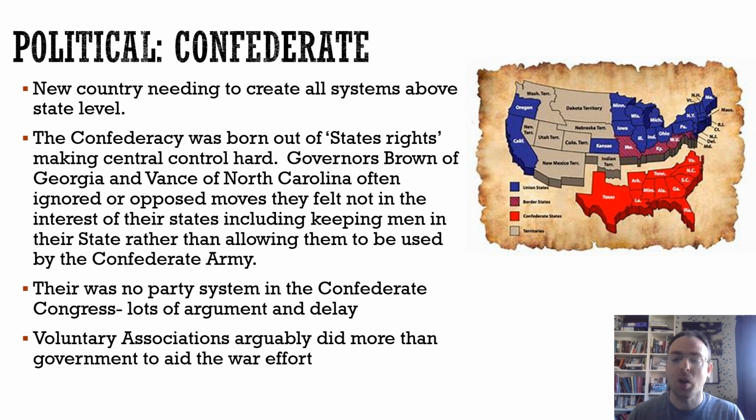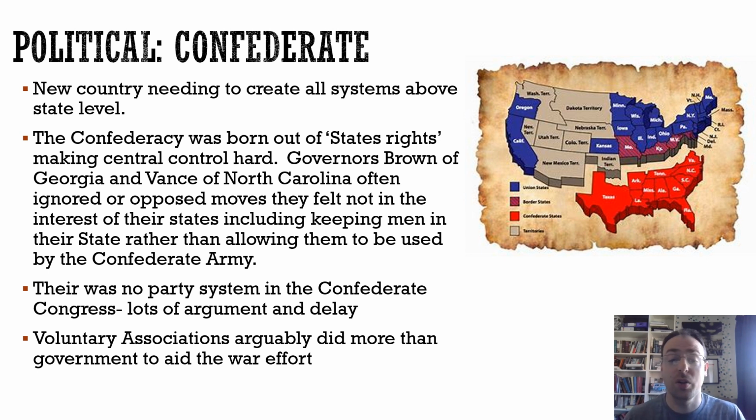The other thing that makes politics really, really odd in the Confederacy is there is no party system at all. So they were all Democrats, really. The Whig Party had collapsed. The Know-Nothings had collapsed. Obviously, there are no Republicans. So there's Democrats, and then there's people who really weren't Democrats, but have probably voted Democrat most recently. And so what this feeds into is a lot of argument and delay, and there's no really easy way of Davis and others controlling what's going on, because there are no party systems, no party lines.